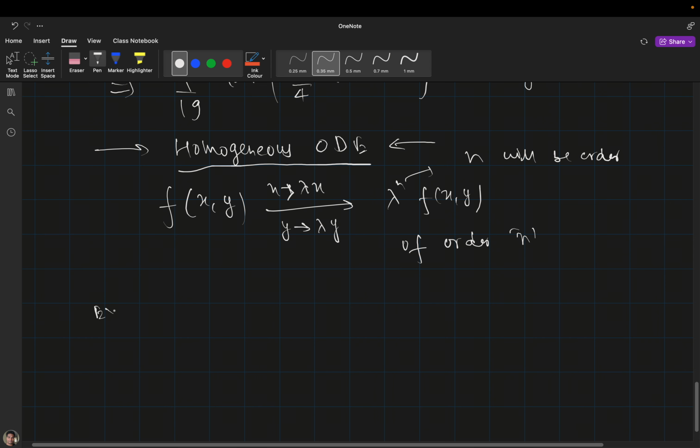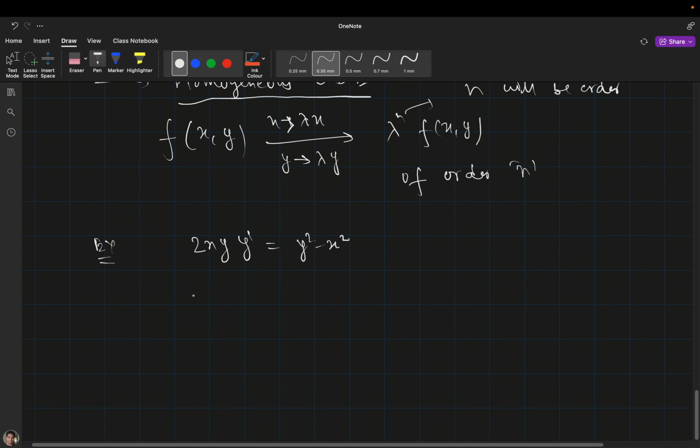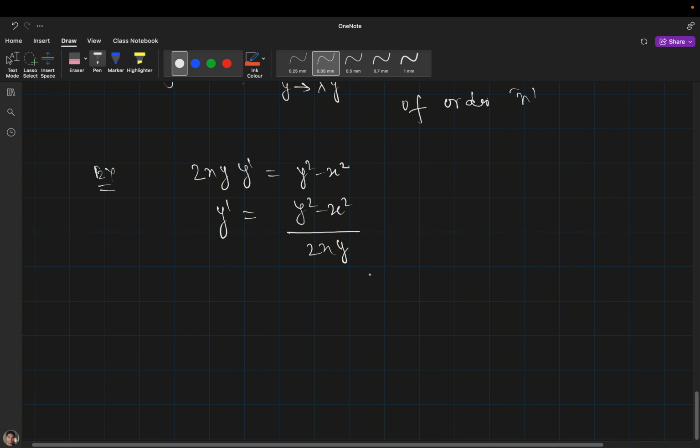Suppose you have a differential equation like this: 2xy y dash equal to y square minus x square. So in this case, what will you do? You will write y dash equal to y square minus x square divided by 2xy. Now we have to see whether this is homogeneous or not. Then what will you do? You will replace x as lambda x and y as lambda y. Then you will get